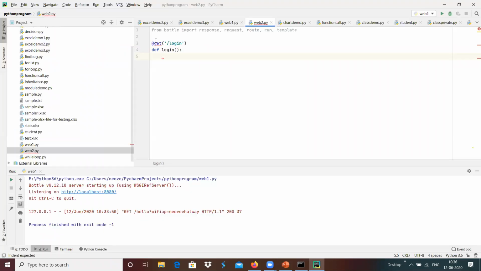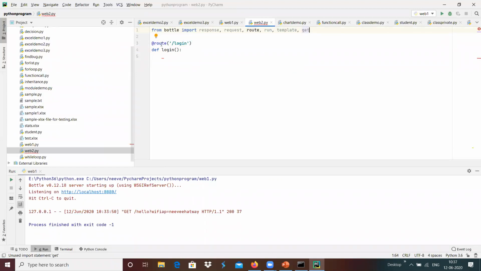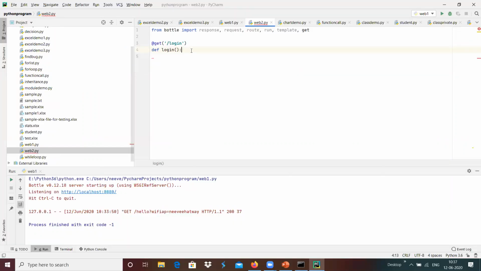No, that I'm going to do route over here. No, maybe I can add something like a get over here, and maybe we can add a get login over here. I'm going to define this whenever we do the slash login, what the content it has to come inside that login. It can be something like a HTML page. I'm going to use something like a kind of a return.